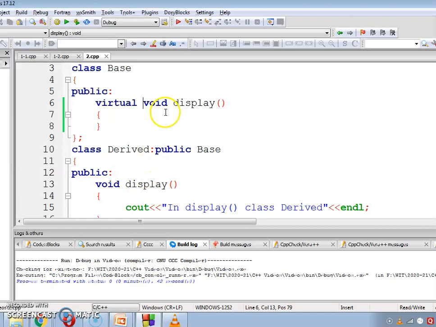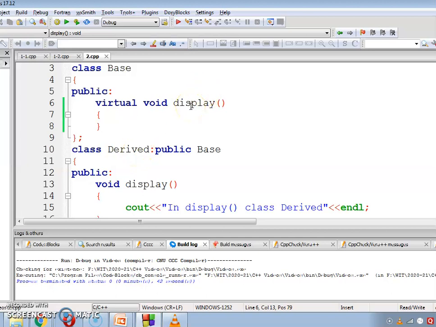If we change the prototype, that is, if this display function accepts one argument and this function doesn't take any argument, then the prototypes will be different. So for overriding, we need to have the same signatures for functions defined in the base and derived class.